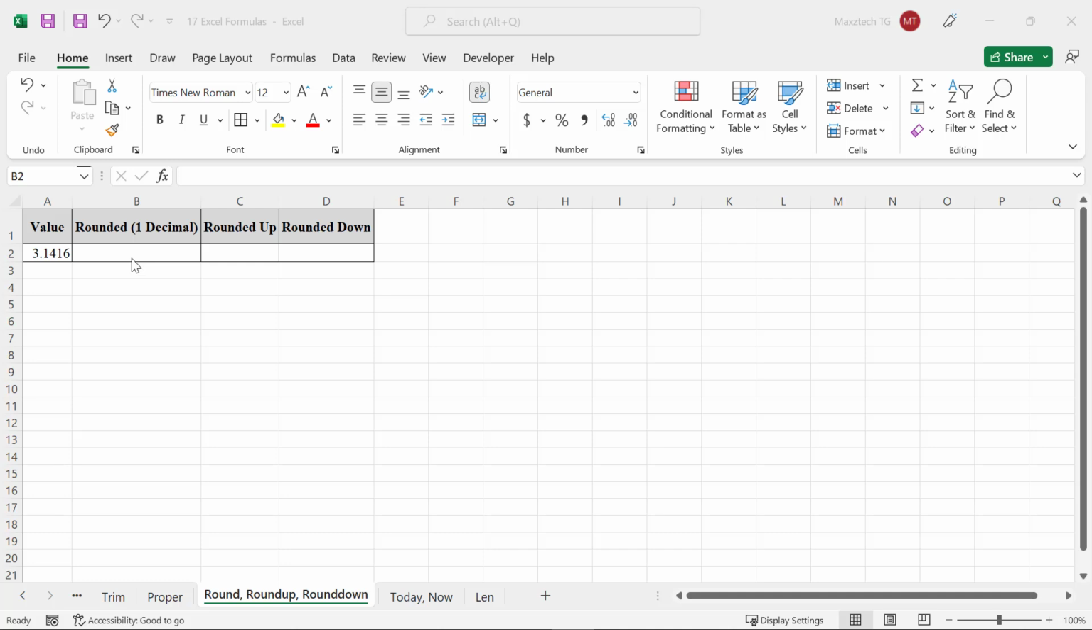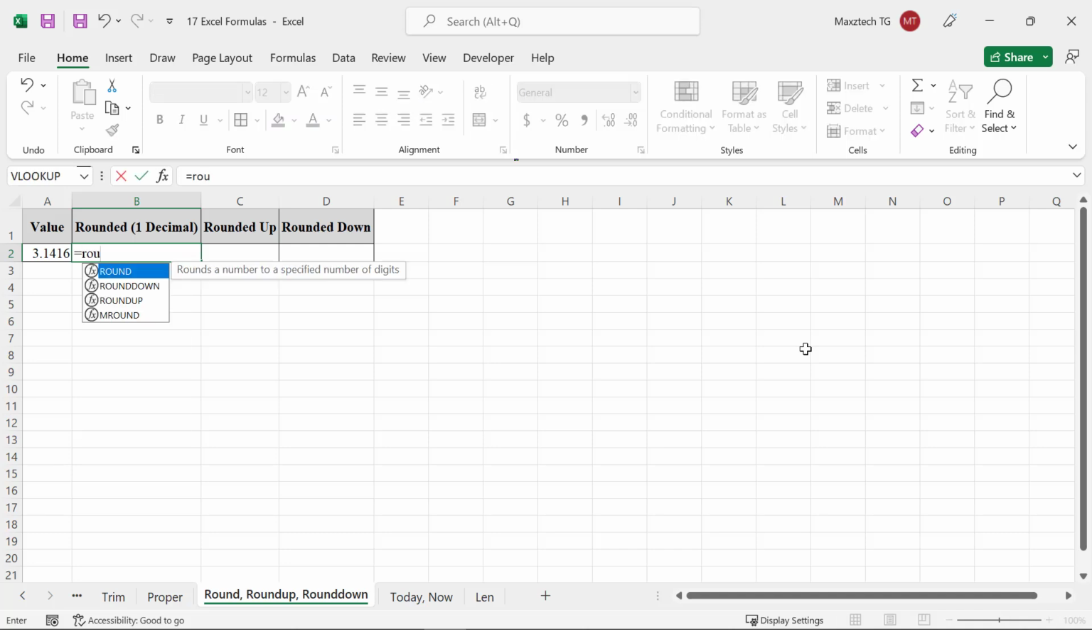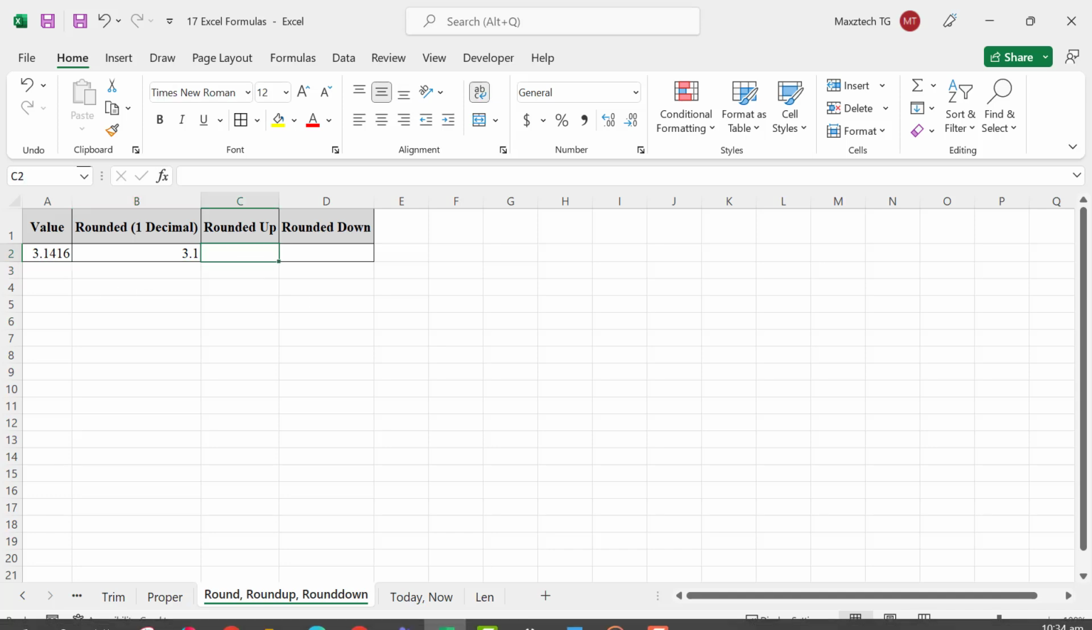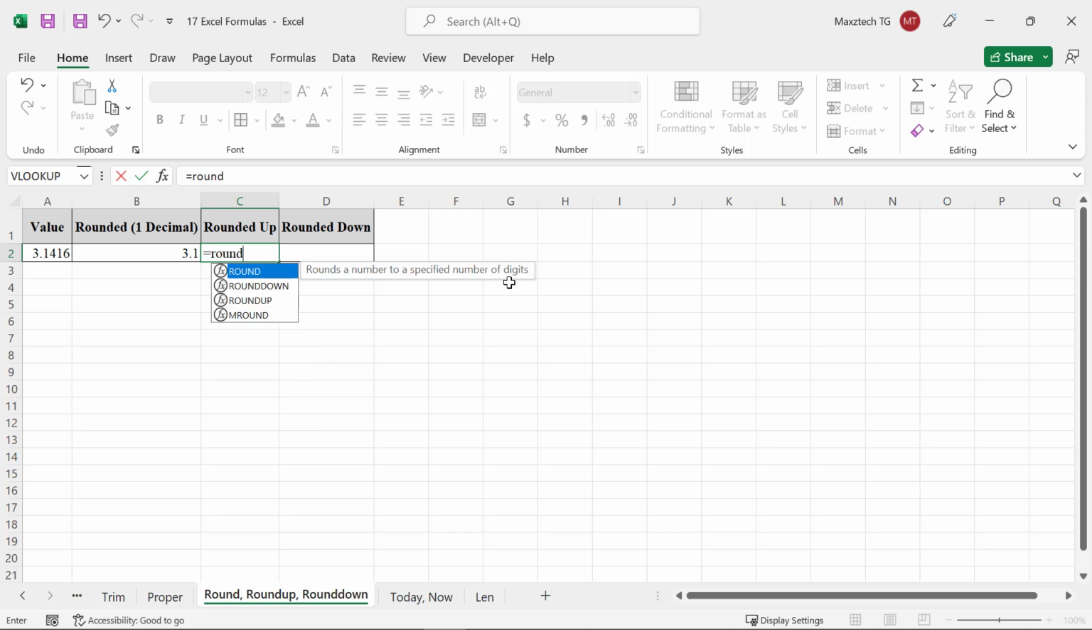14. ROUND, ROUNDUP, and ROUNDDOWN functions. These functions are great for controlling the number of decimals in your data. Consider this example. To round to 1 decimal, type =ROUND(A2,1). Excel will return 3.1. To always round up, type =ROUNDUP(A2,1)